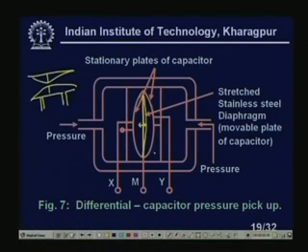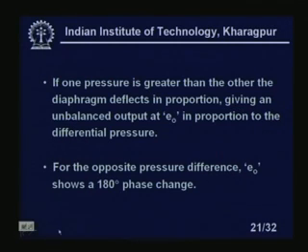What is that? If you look very carefully, you see here, if I put this on a bridge, it is very difficult to know. If the diaphragm moves in this direction, then the capacitance between X and M will decrease and the capacitance between M and Y will increase, right. Now, if the pressure on this side increases, the diaphragm will stretch like this, and in that case you will find that the capacitance between this and this will increase and the capacitance between this and this will decrease, right, is it not?